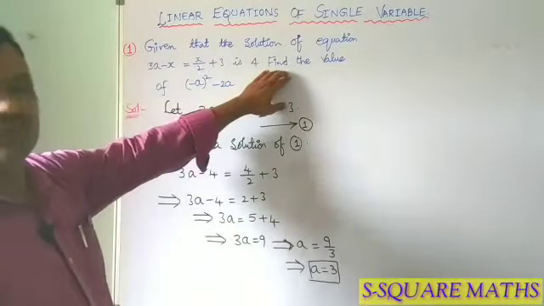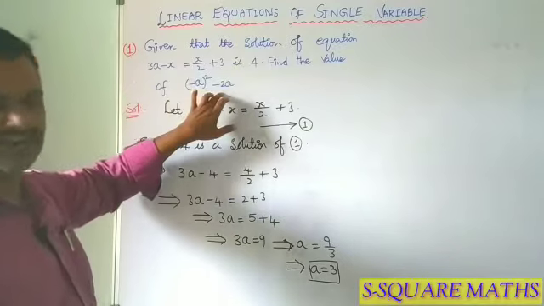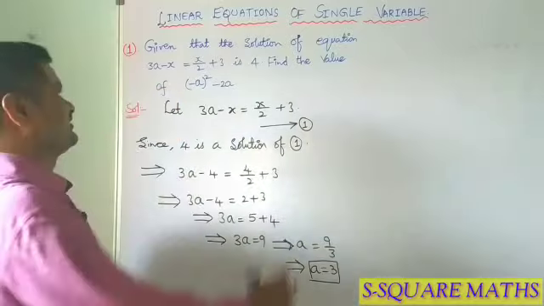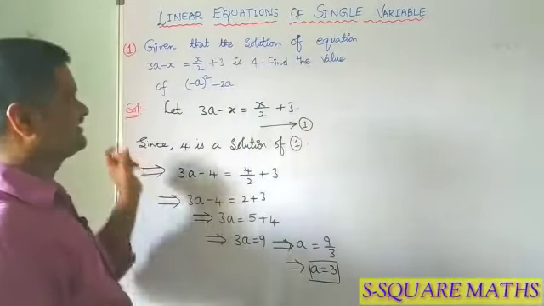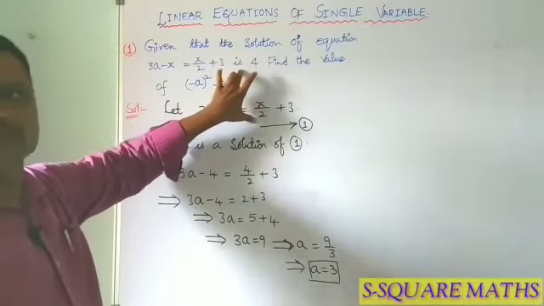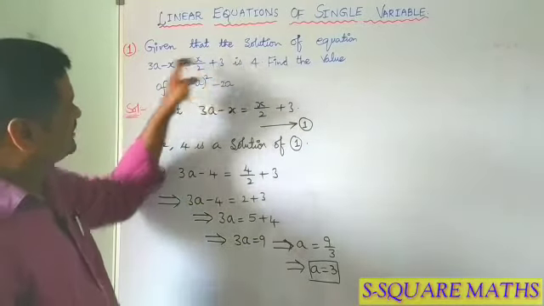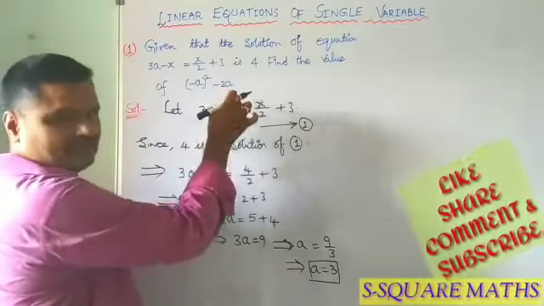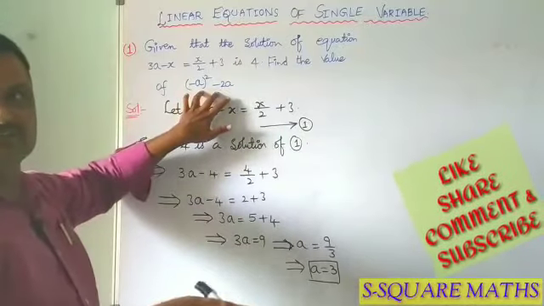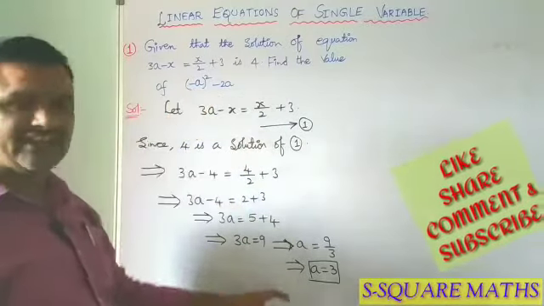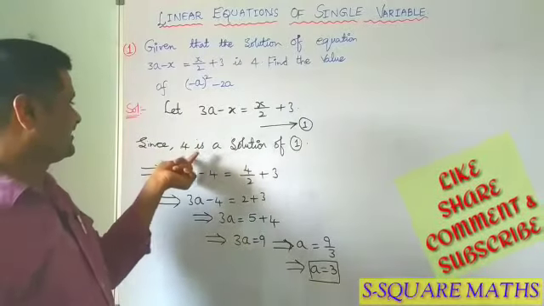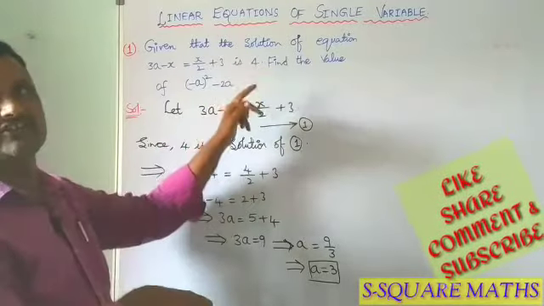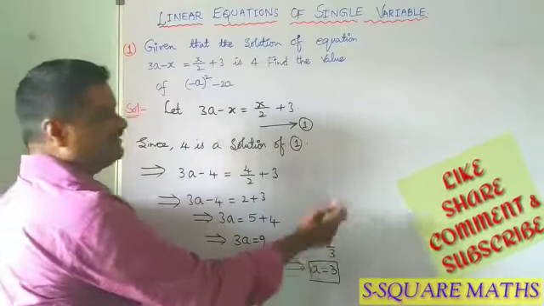But they asked to find out the value of (minus a) whole square minus 2a. Previously, in your regular syllabus or general mathematics syllabus of the various board examinations, they just say to solve the equation to get the solution or the root. But here the root or the solution is given. Under these circumstances you have to find out the value of (minus a) whole square minus 2a. So to get the value of this, we have to get the value of a. The value of a can be obtained by substituting x is equal to 4 in the given equation. Why? Here it is given that 4 is the solution of the given equation. So here we got the value of a.